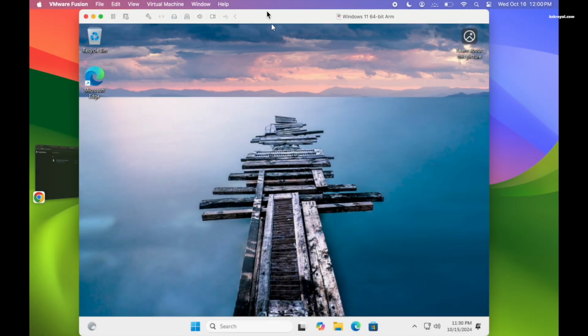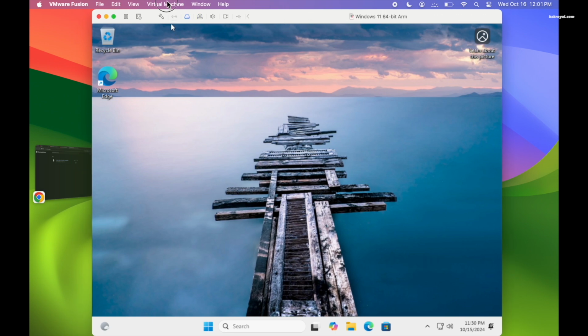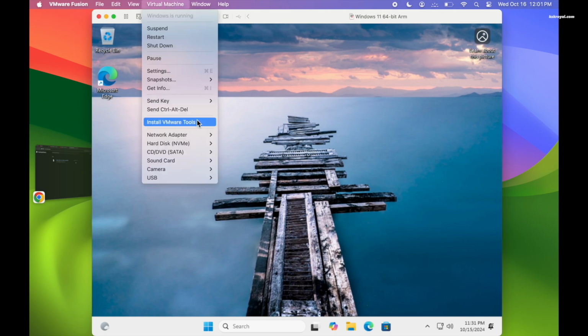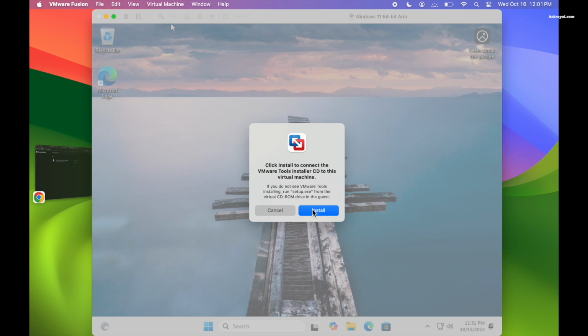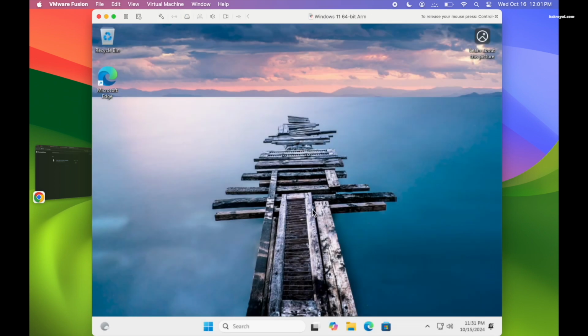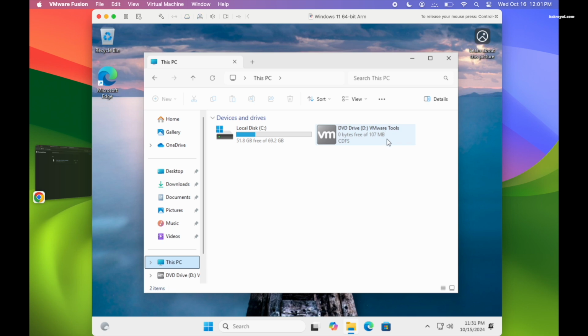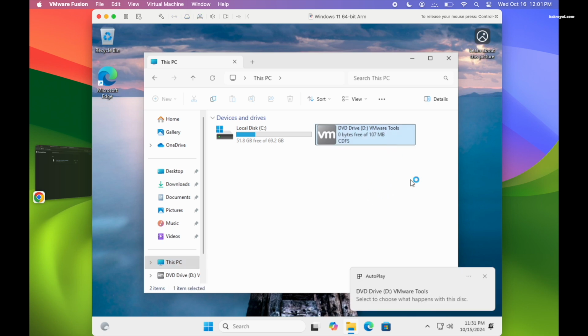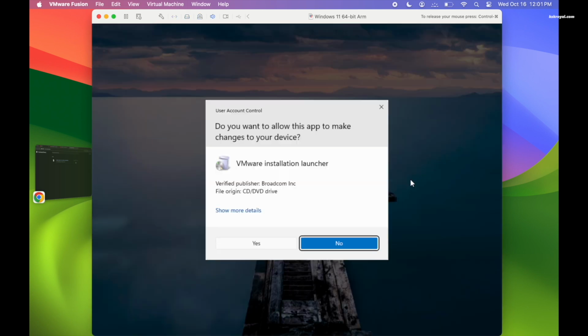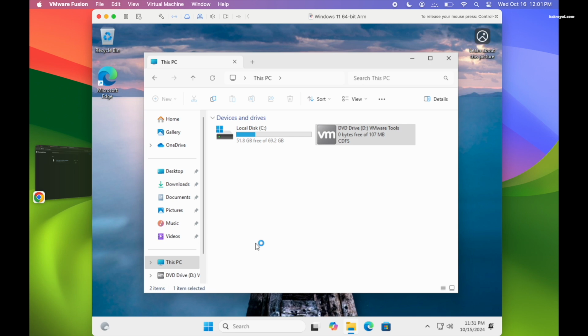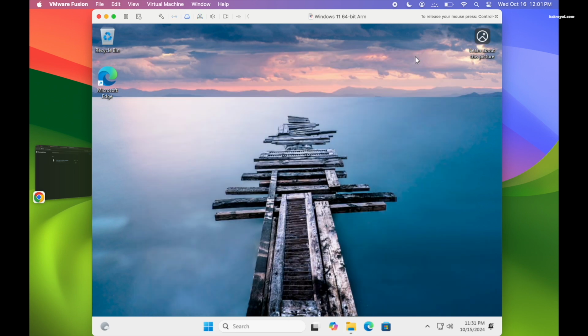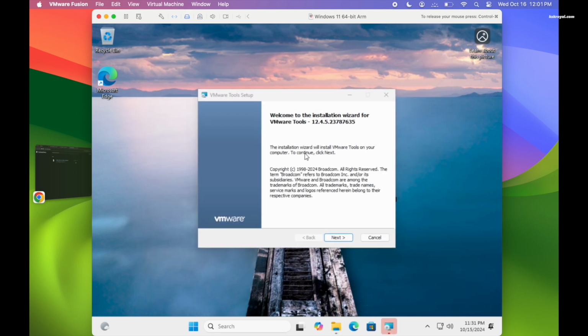Next, go to the menu bar, choose Virtual Machine and select Install VMware Tools. Once mounted, open File Explorer, double-click on the DVD drive and install the drivers. This will resolve issues related to screen resolution, graphics, sound, and the internet.